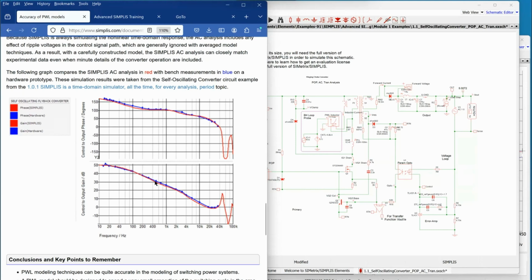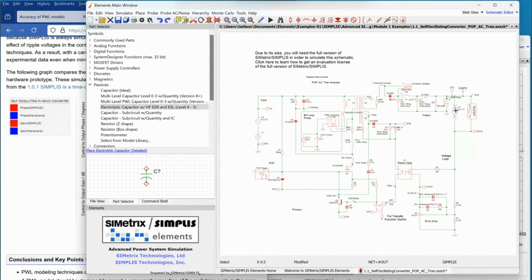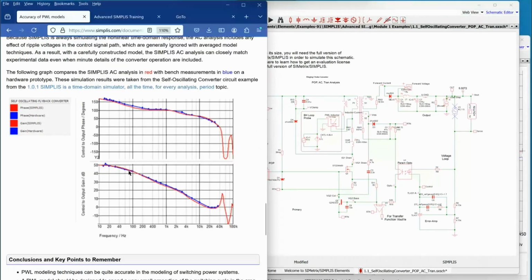But this is very typical, as we were talking about earlier, because Simplest can get such a high degree of accuracy in its solving of the piecewise linear system. It has a very low noise floor. We can inject a tiny AC signal, time domain AC signal, and then without having to worry about injection amplitude, be able to get just outstanding AC results. And so this is not at all unusual. We hear from customers all the time how,